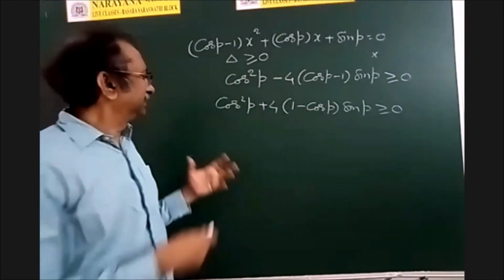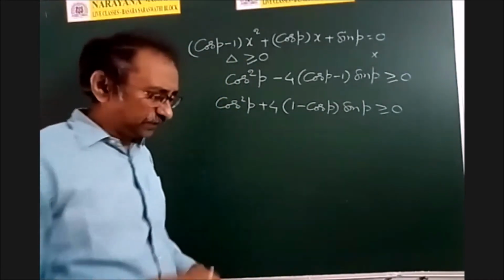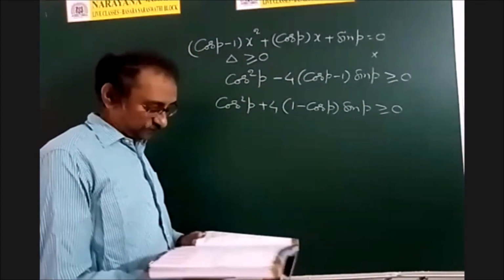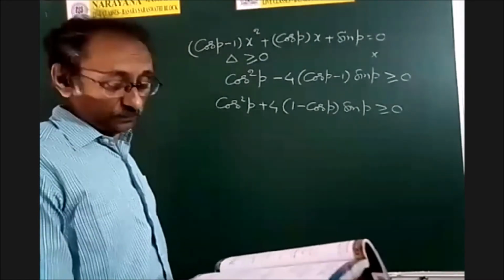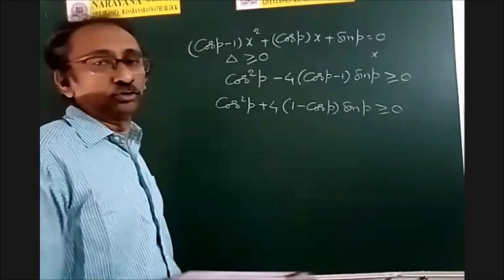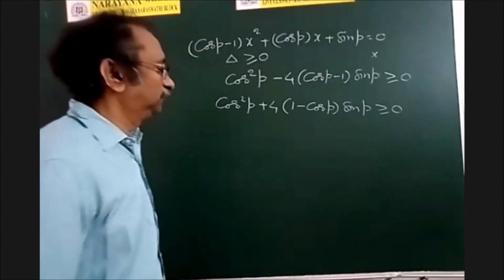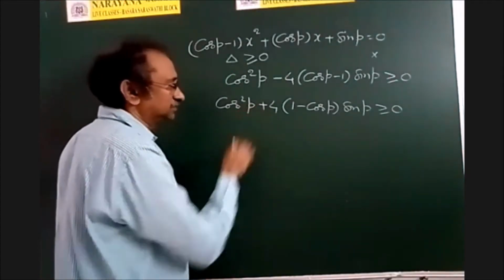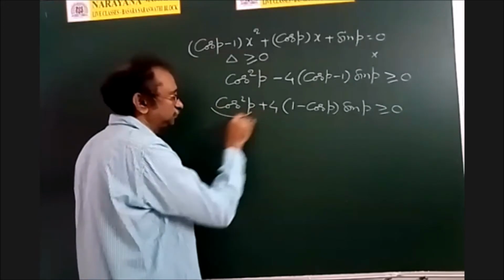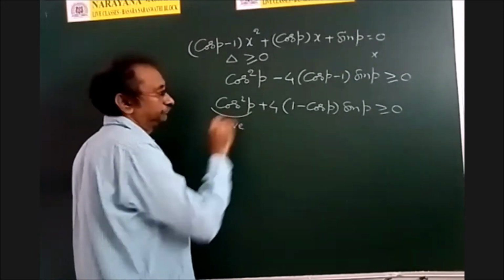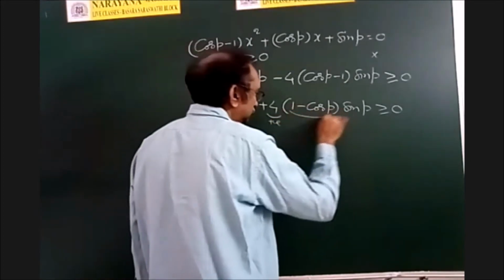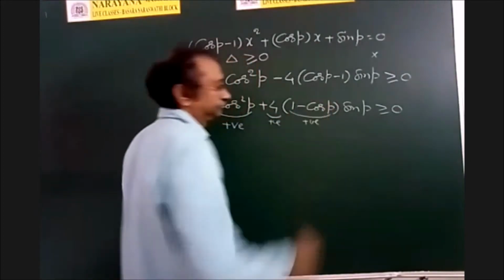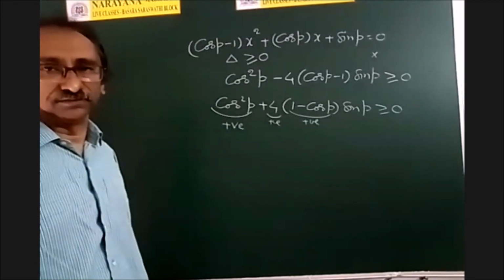Okay. Now it is very confusing to me. So what I will do is I will see the options. I will see the options roughly: 0 to 2 pi, minus pi to 0, minus pi by 2 to pi by 2, and 0 to pi. So if you observe the fourth option and also this inequality, this is positive and this is positive and this is also positive, that is also positive, isn't it?